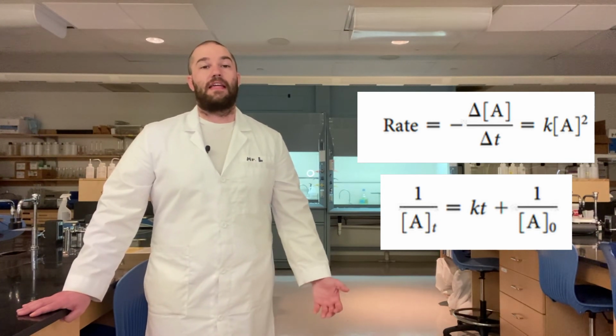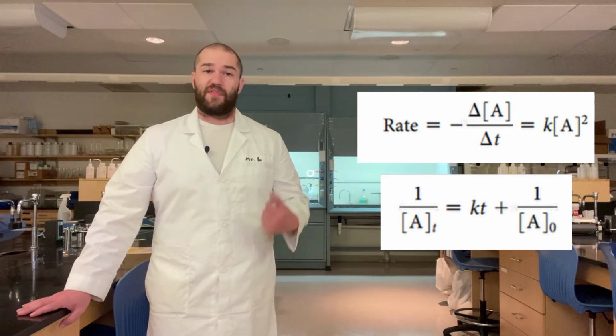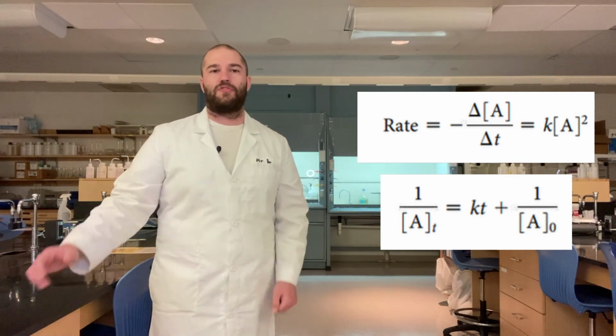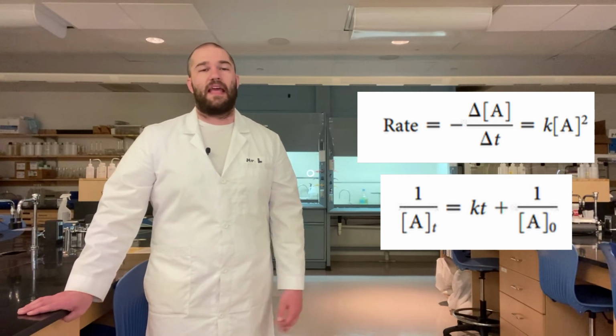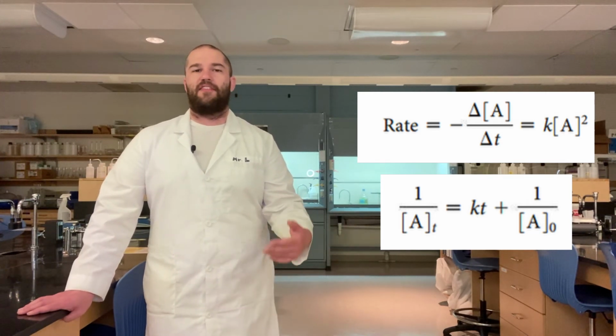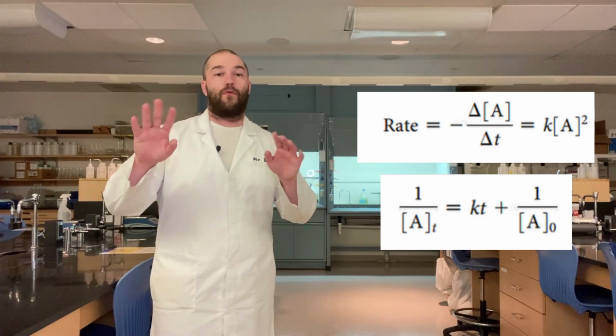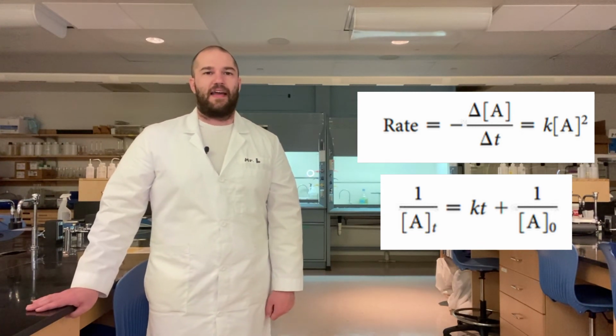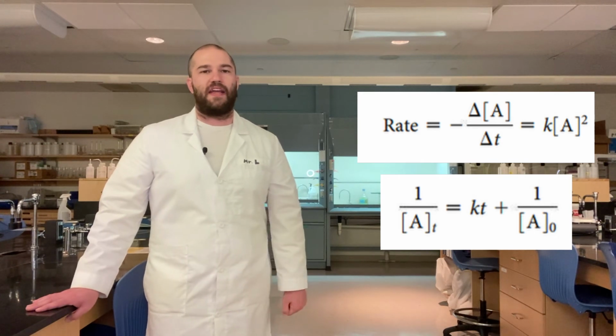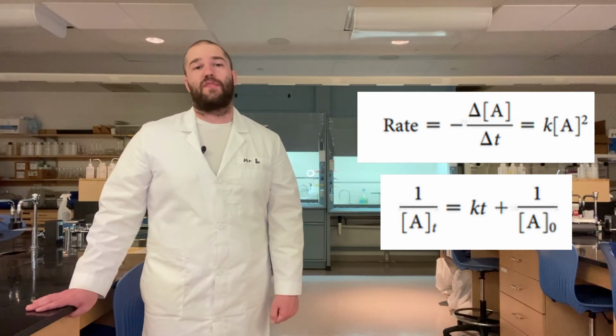We also know rate equals change in concentration over time from the last video, and we could set these equal to each other just like first order. We're going to rearrange so that all of the A concentrations are on one side and everything else is on the other. And we're going to perform our magic integration, our magic calculus. And we could find that in order to linearize second order data, you have to take the inverse of concentration